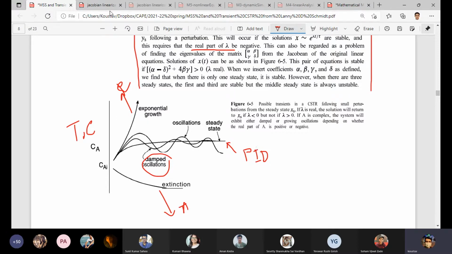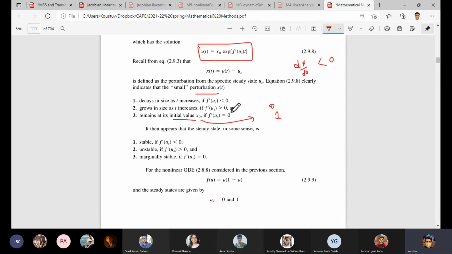And you can also connect this point again to this here, the function's values evaluated at this point. Here it is only single valued, so that's why you are getting only 1. So you can think of that 2 by 2 matrix. Those coefficients are nothing but the derivative evaluated at the steady state point. So the sign or the magnitude. If it is a 1 by 1 matrix, then for this case it is just the single point, so we can easily say whether it is less than 0 or greater than 0.